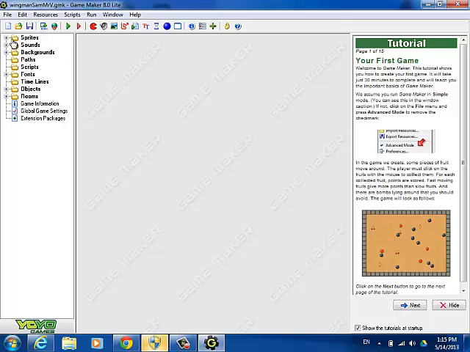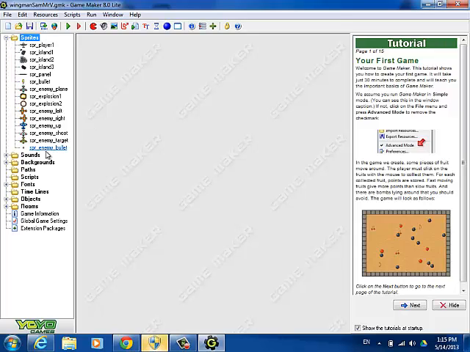So this process is a little bit complicated. Here we have all the sprites here, and we want to add a new sprite. So we go to